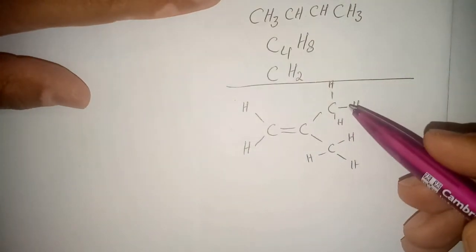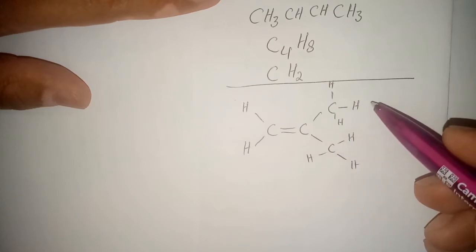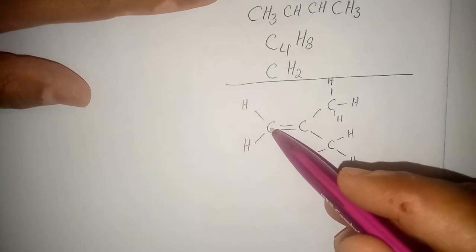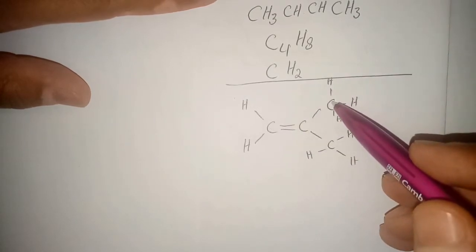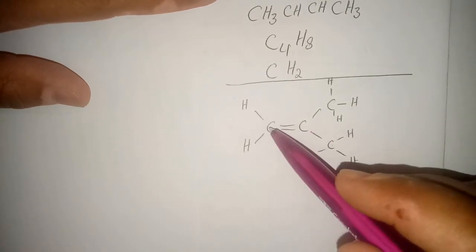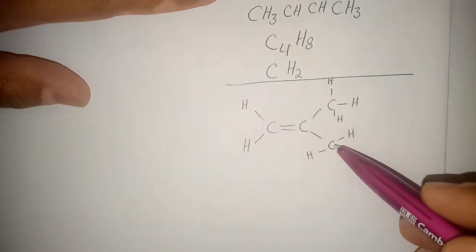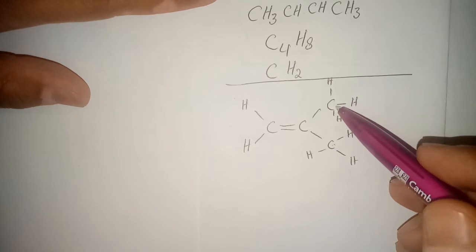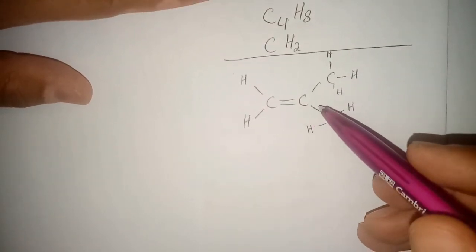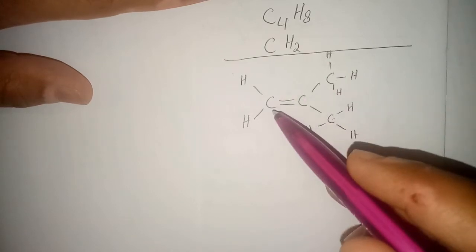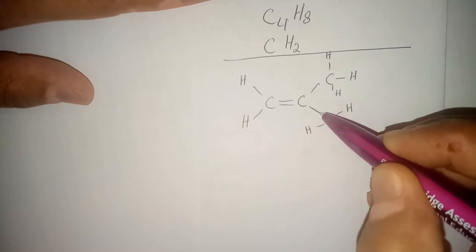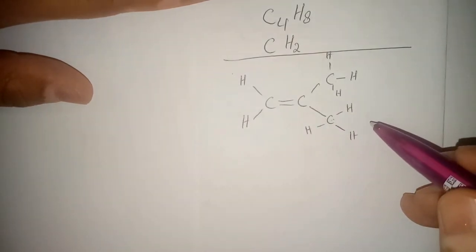Now you can see this is a molecule in which we have more than 2 terminals. Like this is the first terminal, then this will be the second, and this will be the third. Or this is the first terminal, this will be the second, and this will be the third. But in very short, this molecule has more than 2 terminals, and it clarifies this molecule is a branched chain